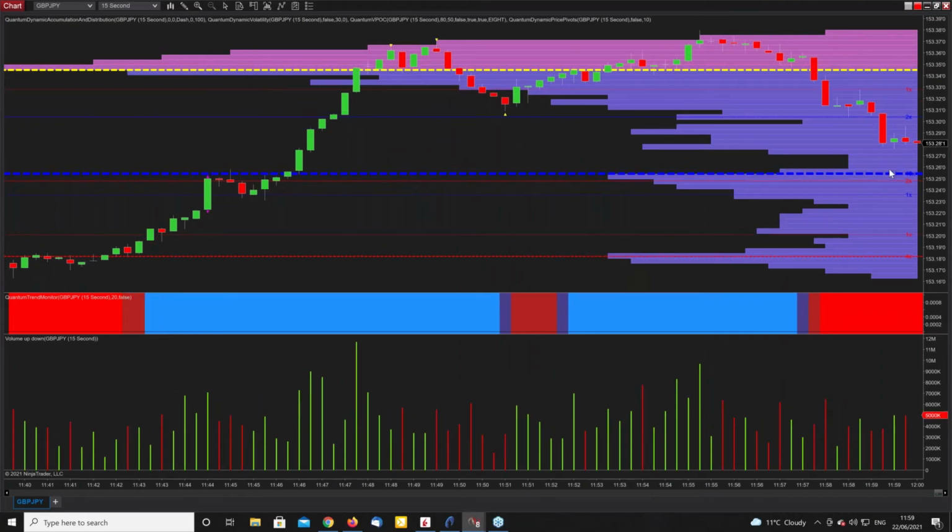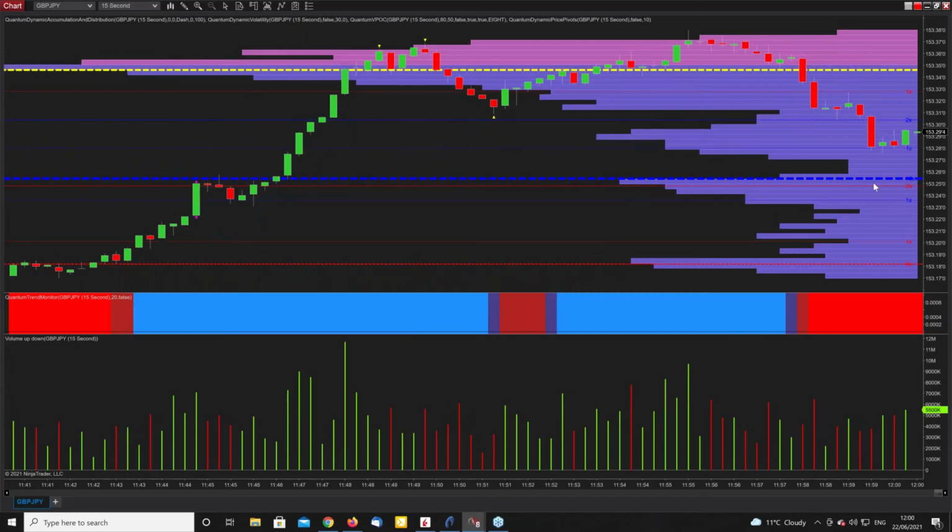Now we're coming down, where are we going to? You can see that the trend monitors transition red. We've got a potential very strong platform of support in here. We've got a low volume node here. So theoretically it should move through there pretty rapidly, but then it's probably going to find some support here with this big blue dash line if it gets down to that level. And on we go.